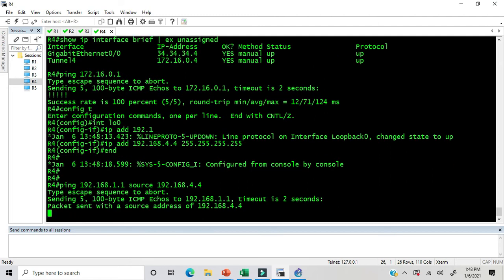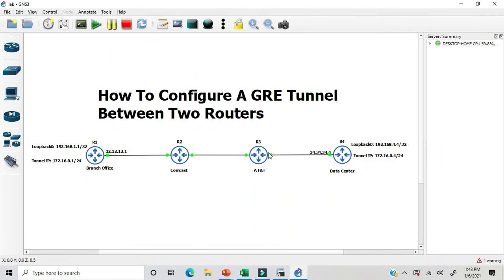to see that this is going to fail. Because right now we're trying to send the traffic through the internet routers, and we're not attempting to tunnel the traffic. So essentially router 4 is defaulting to 3, but since 3 does not know about router 1's loopback, it's going to fail. Or when router 1 tries to default to router 2, since 2 doesn't know about router 4's loopback, router 2